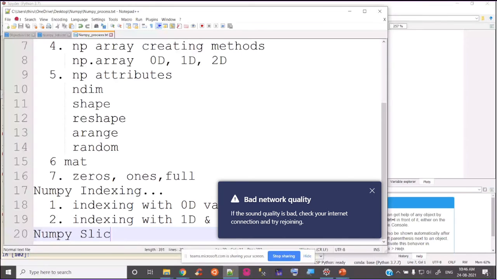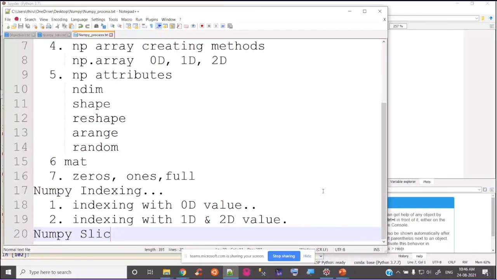Right. So now I want to take A of 2 colon 6. So here 0 index, first index, second index. So 2, 3, 4, 5. So the index 6 is excluded now.